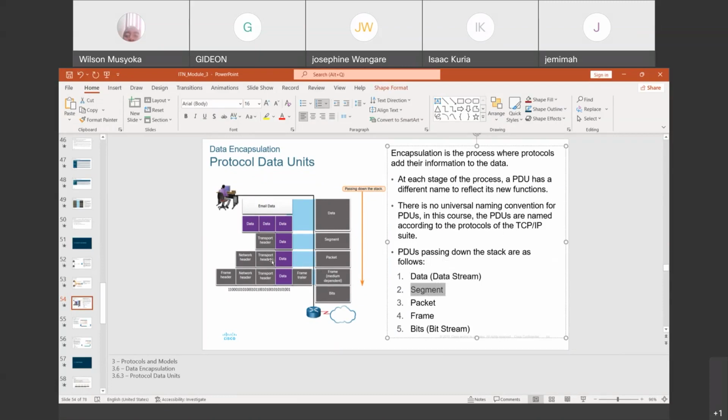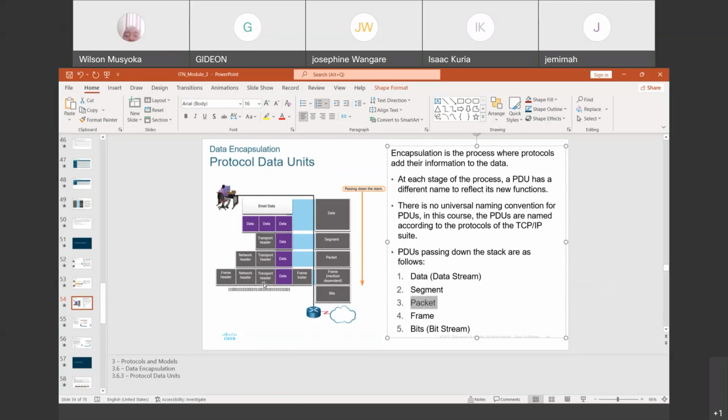At the network layer, where we are adding these headers, the transport header is the TCP. The network header is what? Is the IP. And now it becomes a packet. At the data link layer, we have the frame header, network header, and the transport header. Here, the frame header is the MAC address. The network header is the IP address.